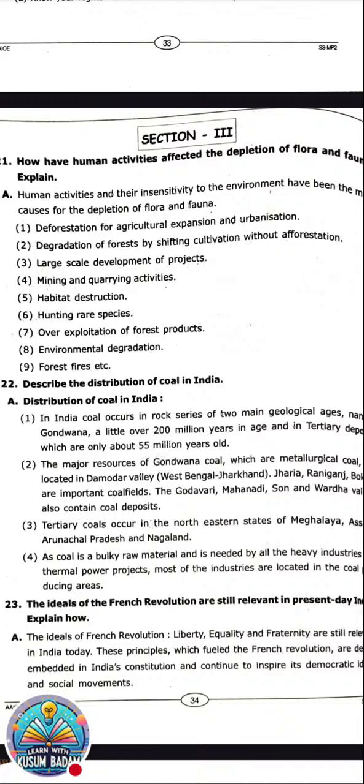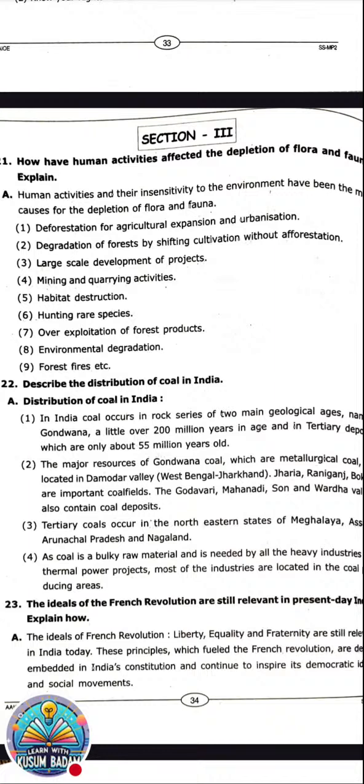Already you know slash and burn, this jhum agriculture and all. In primitive times they were clearing out the forest, but they never did the afforestation. They were never planting the trees, only cutting it. So that is also one of the threats for the flora and fauna.